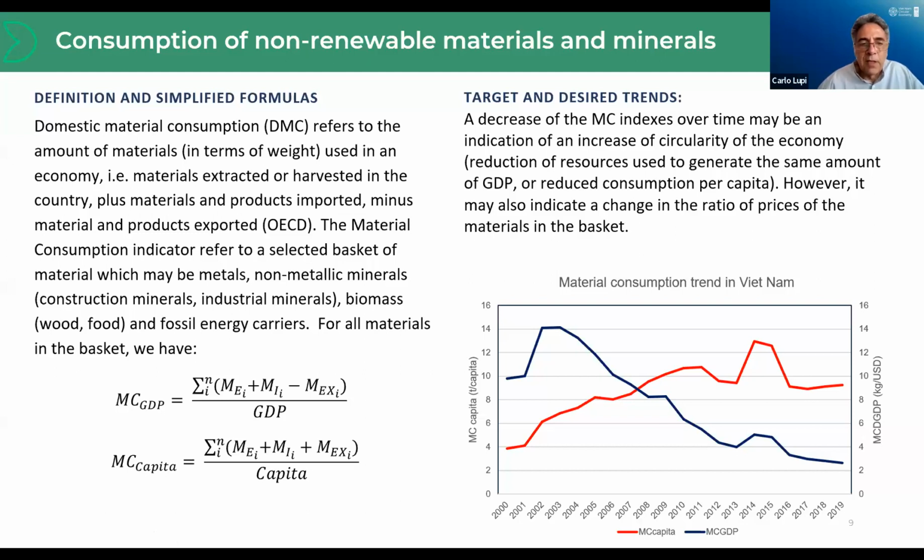Obviously, if we use the GDP approach, this entails a number of issues like the relative ratio of price of the materials within the basket, or even the partial dematerialization of the economy, which is shifting a bit more towards service and so on. So maybe per capita is a more reliable